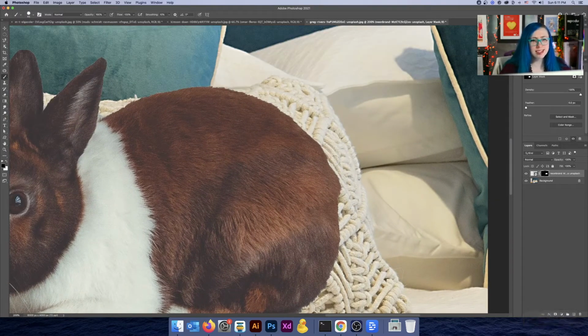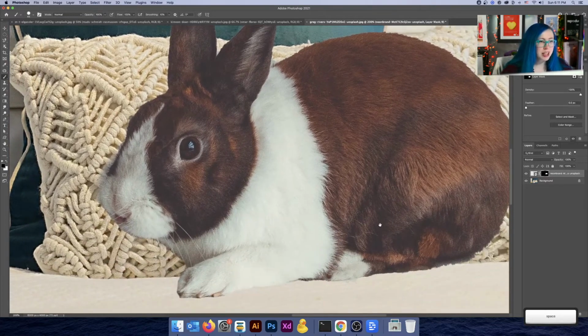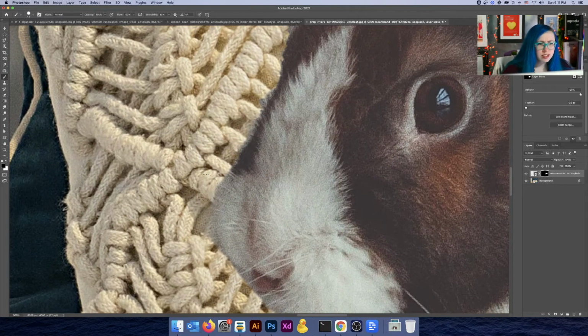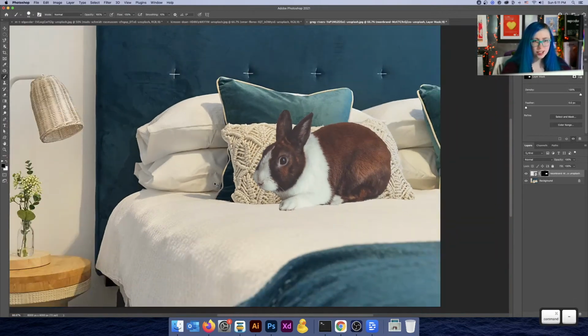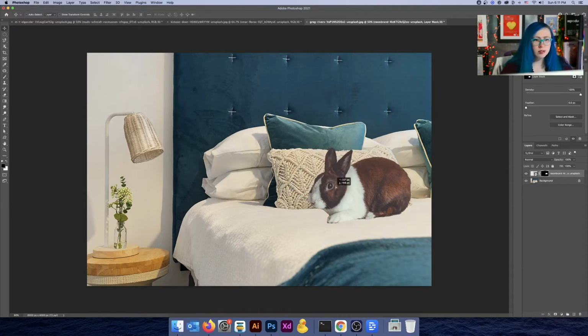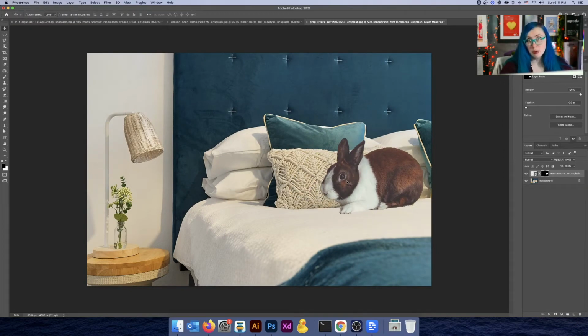Now you might notice that this is kind of a pain in the butt. This is not the easiest way to select something, and you still have to go through and really zoom in and do a lot of cleanup work, and I'm still not getting the whiskers in here. It's just kind of overall not the best sort of selection, but it works. It's a large but relatively reasonable looking rabbit in there. I've gotten it in there. The background's removed. Not too bad. And it was relatively quick.